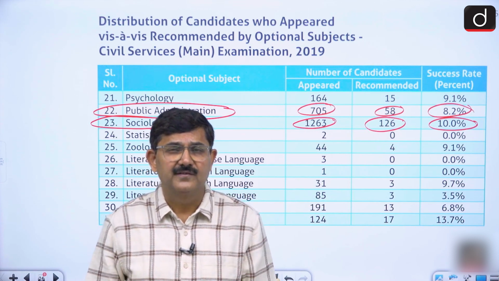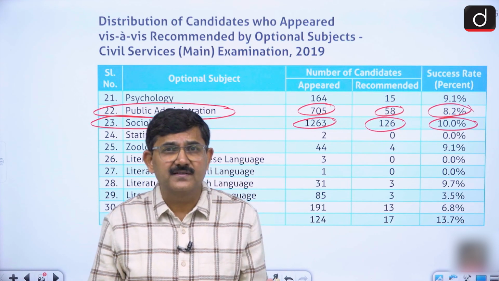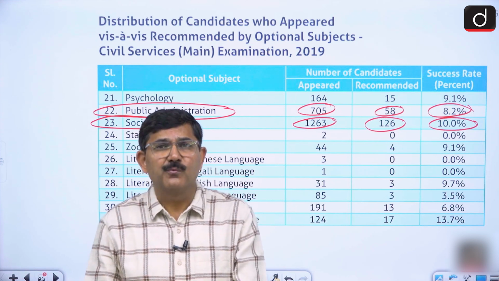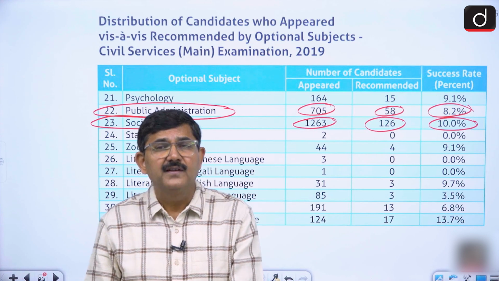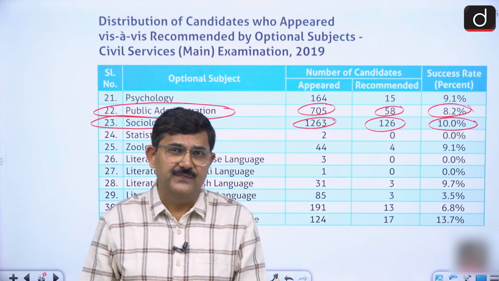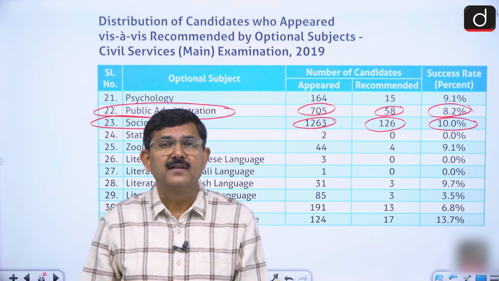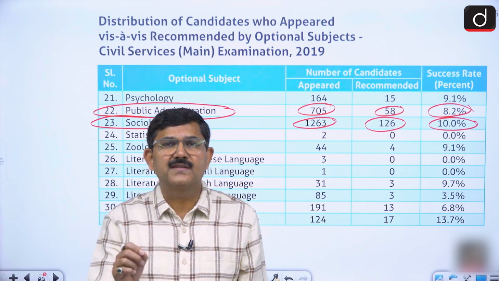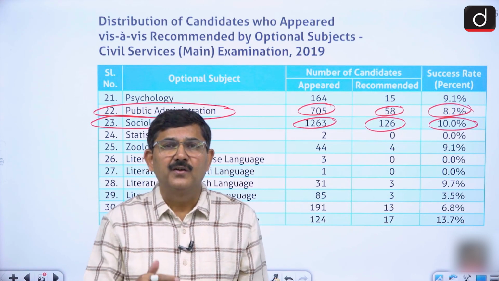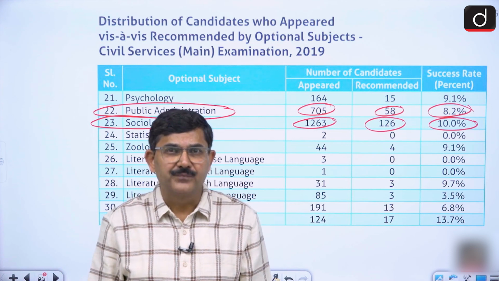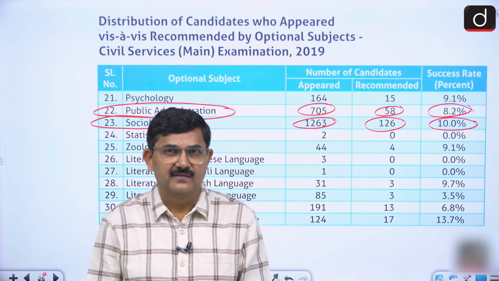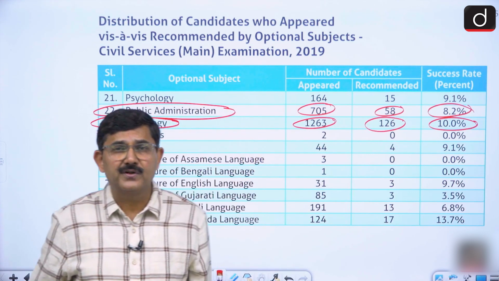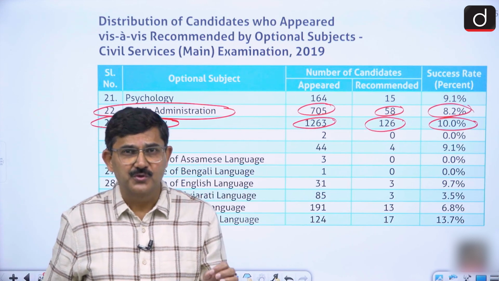Each and every year. So it is not just that the subject is simple to understand. Another aspect you have to take into account is whether the questions are equally easy or not. So if questions are also easy, it is a very standard criteria, and you must take this criteria on top priority. So give it number 1, right? So this is another very important aspect. Why should you choose sociology?